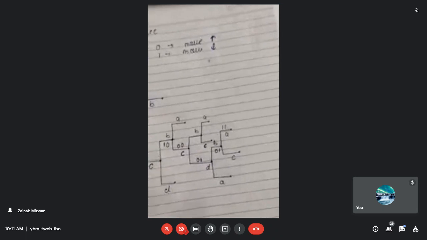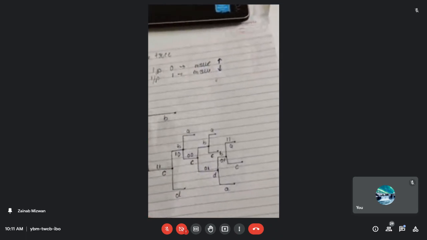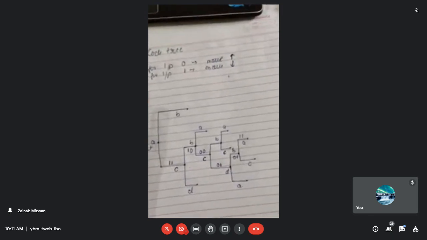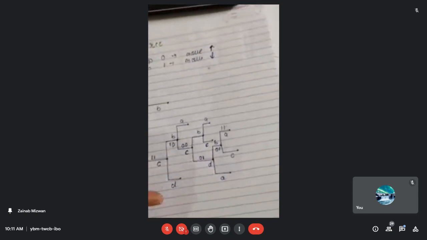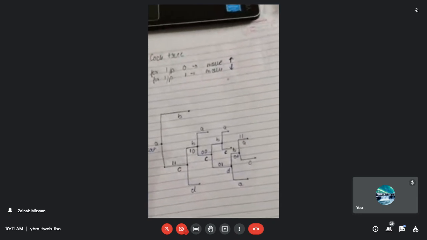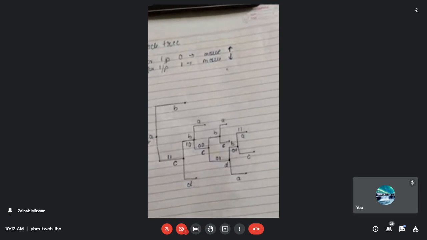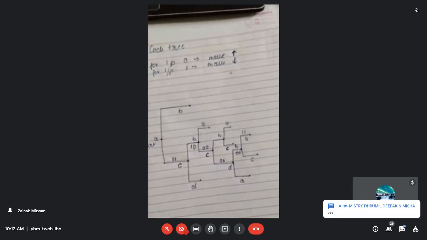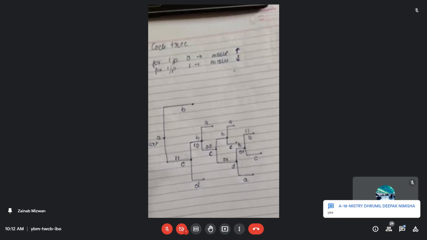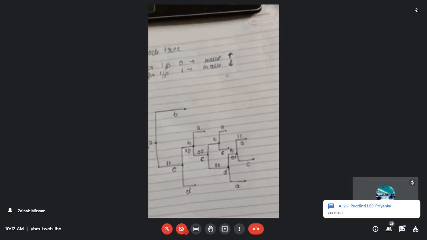ओके, सो आई होप इतना समझ में नहीं आया होगा, that I can understand, but again in the next lecture I will again take the numerical on the code tree only and then we will see how we can complete the code tree over here. ये समझ में आया how we have to move in the upward and the downward direction, when we will be moving in the upward direction, when we will be moving in the downward direction. I hope all of you have understood when the input is 0 we have to move in the upward direction, and when the input is 1 we have to move in the downward direction. That is very much important.